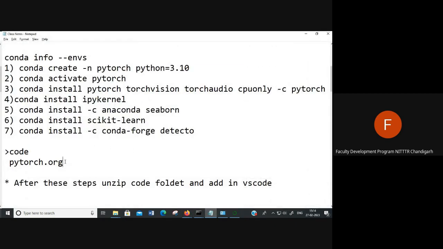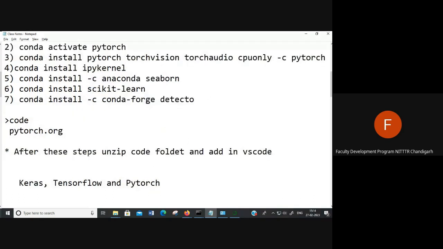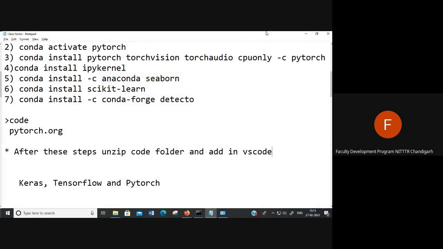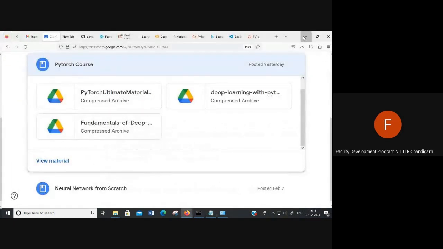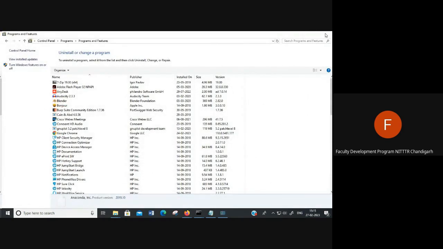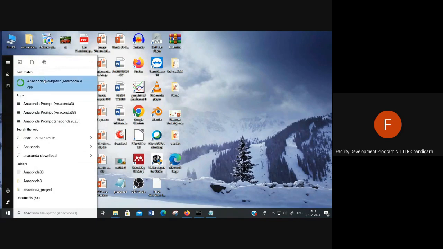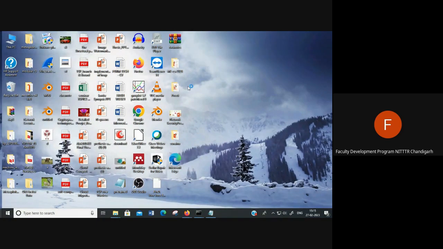So I'm writing the steps. After these steps, unzip the code folder and add in VS Code. So now in my machine, you can see it's just like a scratch. If I write here Anaconda, still it is showing. So if I open it,